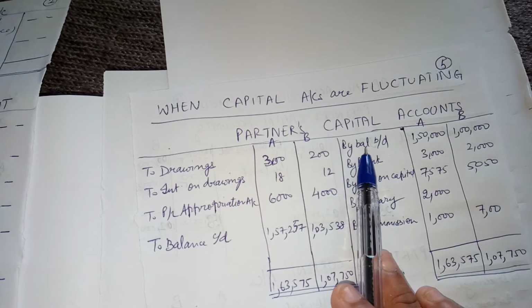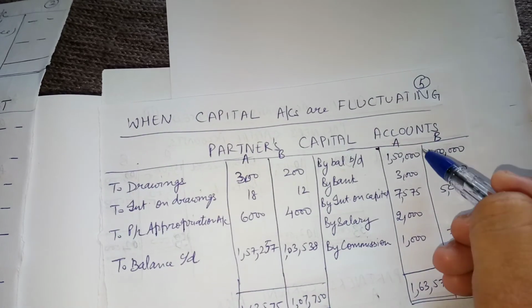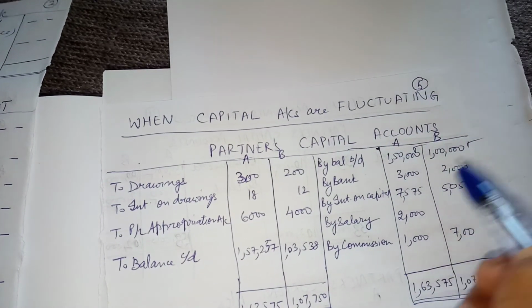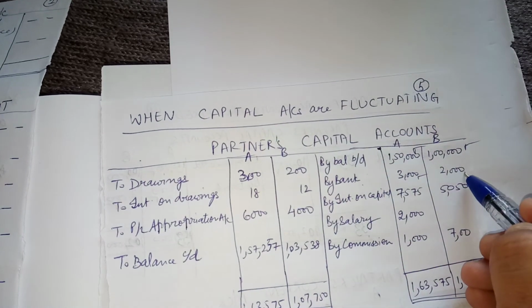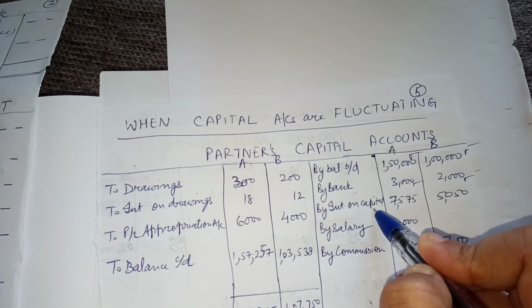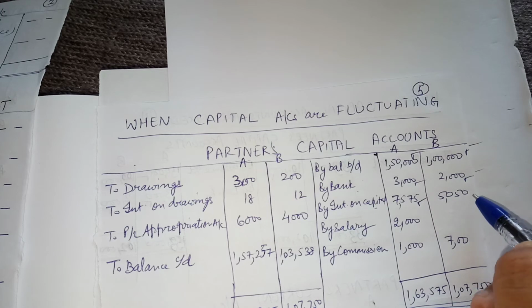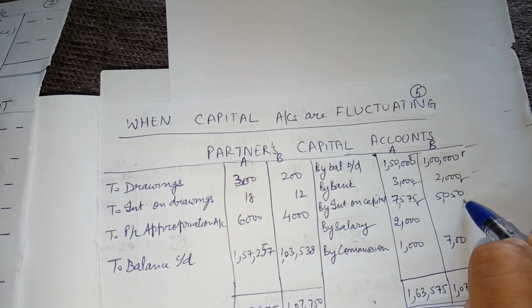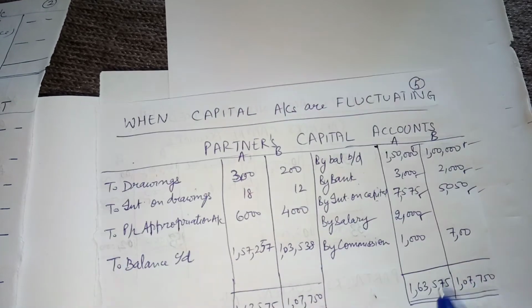By opening balance, the capital is 1,50,000 and 1 lakh. Then by bank, the fresh capital introduced, that is 3,000 and 2,000. By interest on capital, as I have shown you in the working note, comes out to be 7,575 and 5,050. Salary of A 2,000. By commission